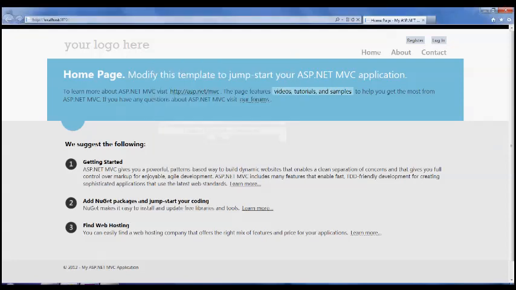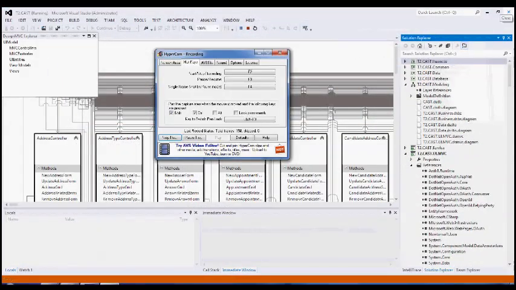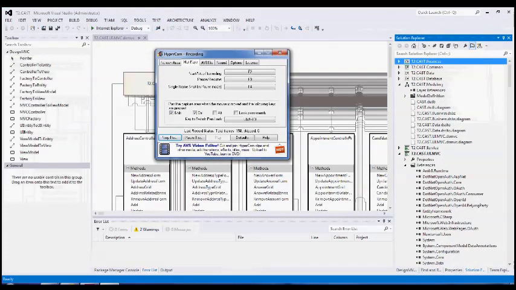Okay, so welcome back, and here it is. You can see it's done its thing here, and it's got home and about and contact, and you got a register and a login and several other things. Like I said, I wouldn't go clicking on them because you'll probably end up with some problems, but let's go ahead and release that. Now what we're going to do is we're going to go over here to our model,